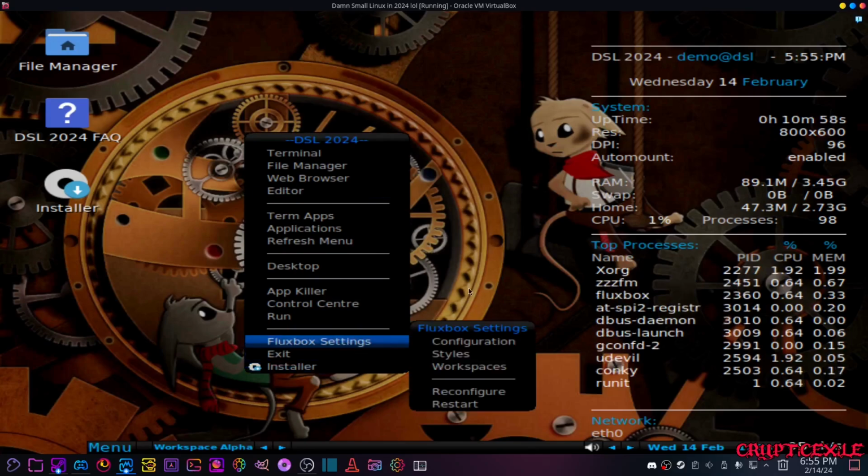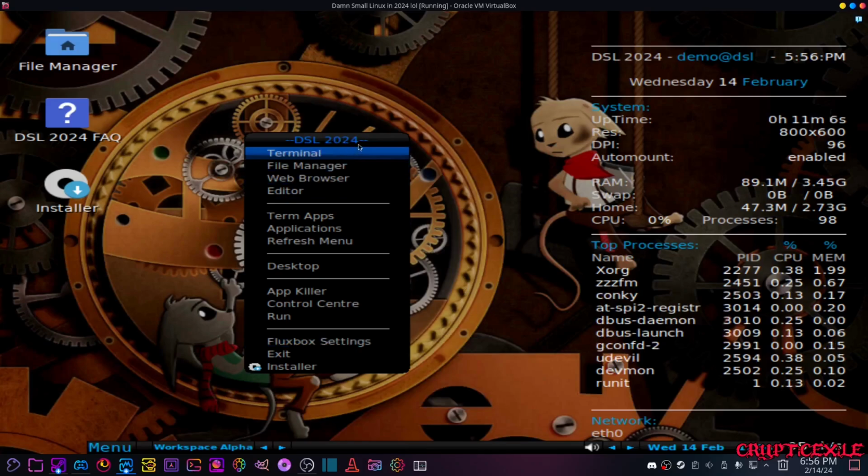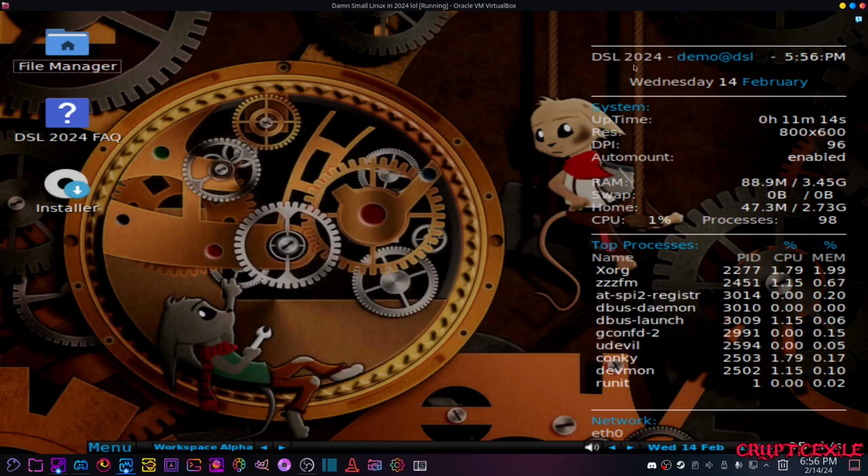I am quite inspired by it a lot. Would I use it today? Not really. But the name DSL 2024, they should just call it DSL. They don't have to include the year, but I guess that's what it's called now. All right, it's cool to see it back,